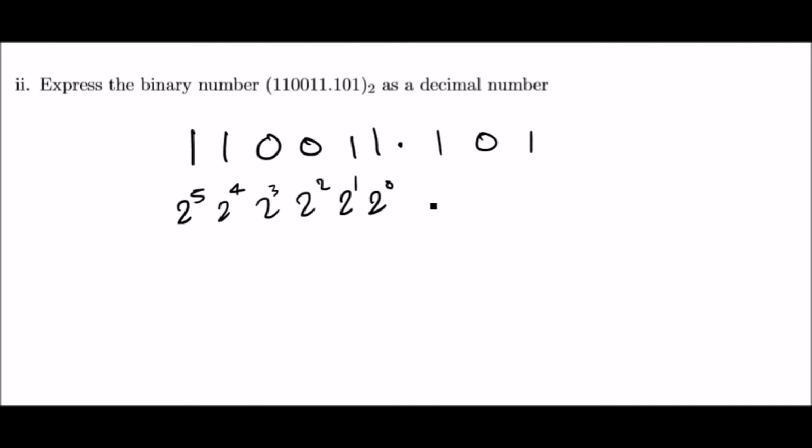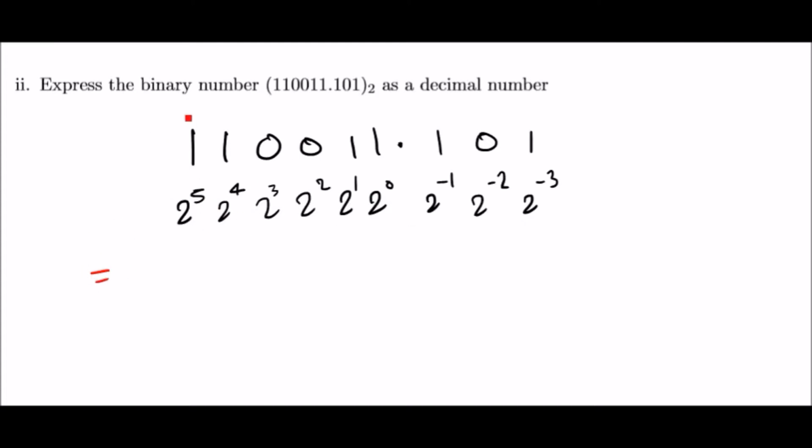So it'll be 2 to the negative 1, negative 2, and negative 3. Now, why do we do this? To convert it back to its original decimal number, all you have to do is simply find the sum product. That is, you just multiply and add. So for example, the way we solve this now, we can convert the number as,